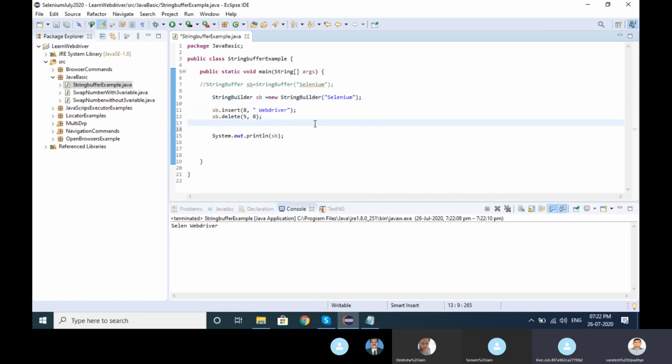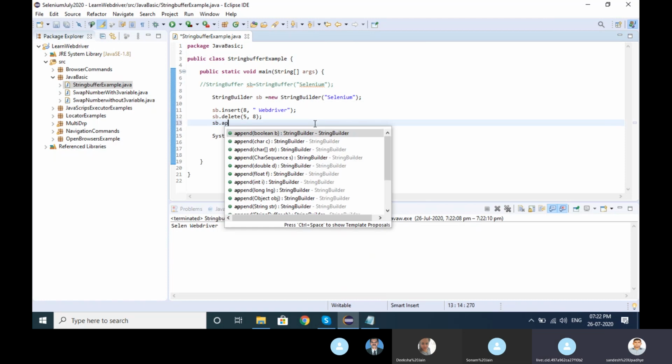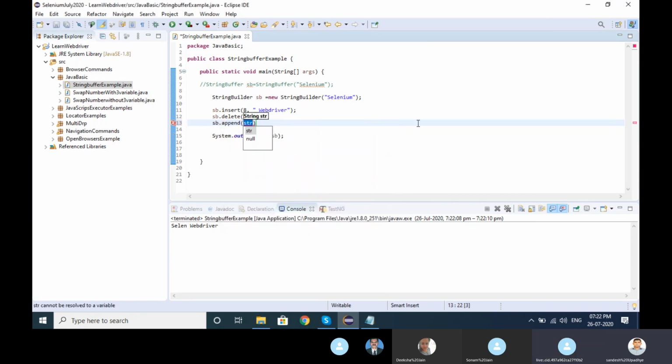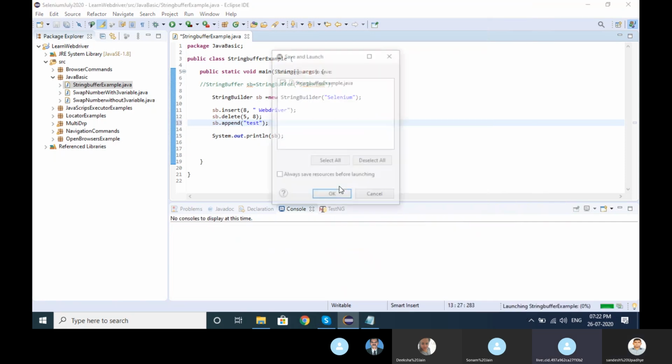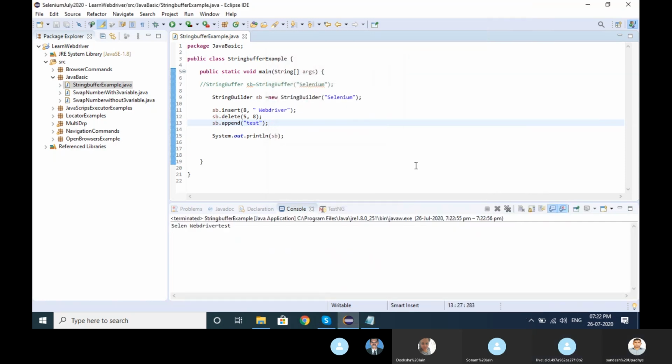So there are so many operations. Let me tell you one more operation: append, append from string. I want to append, which means I want to add something extra. Let me add test. Look here.